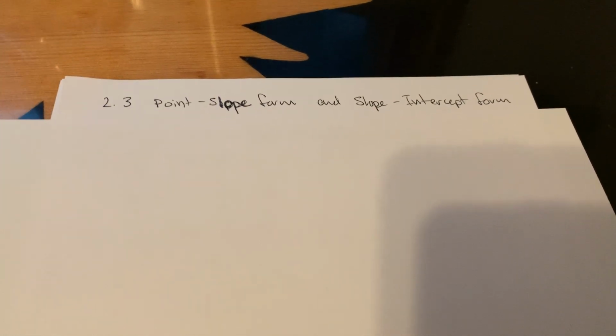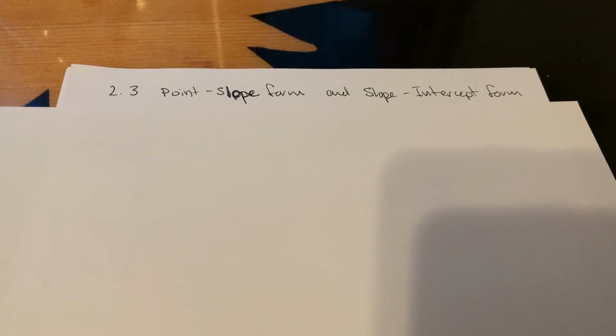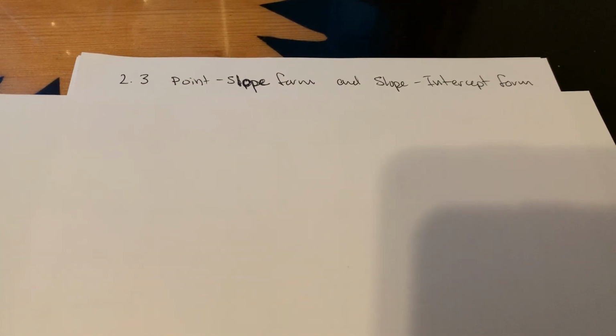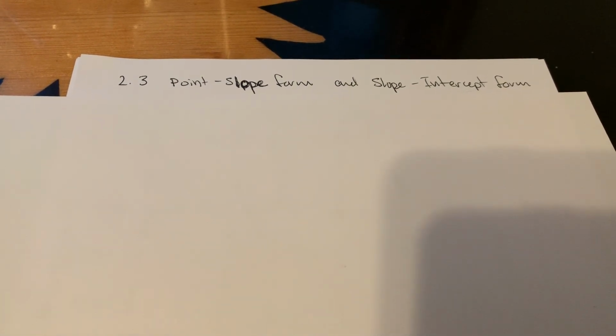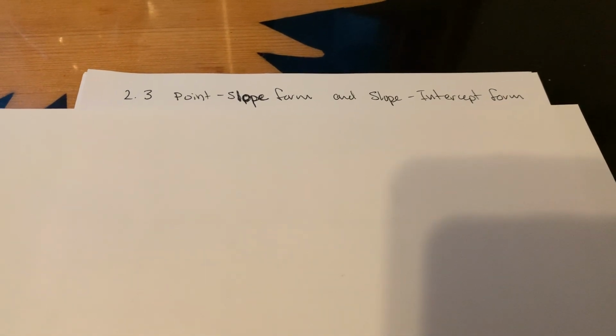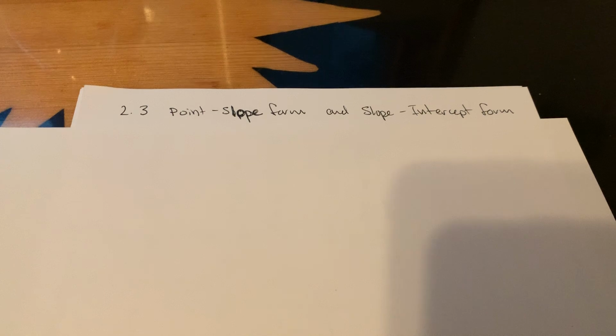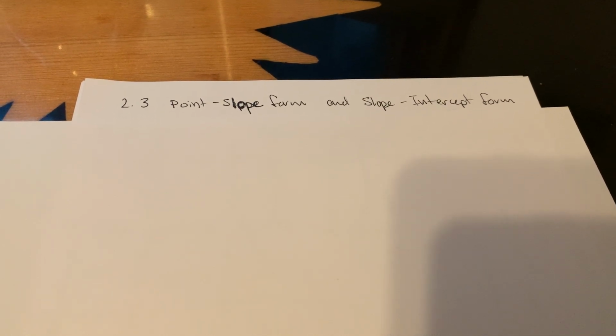All right. So next on the docket, we're going to start talking about two different forms of a linear equation, in particular the point-slope form and what we call the slope-intercept form. Each of those are useful. They tell us different pieces of information. You can probably tell by the names, they both have to do with the slope,